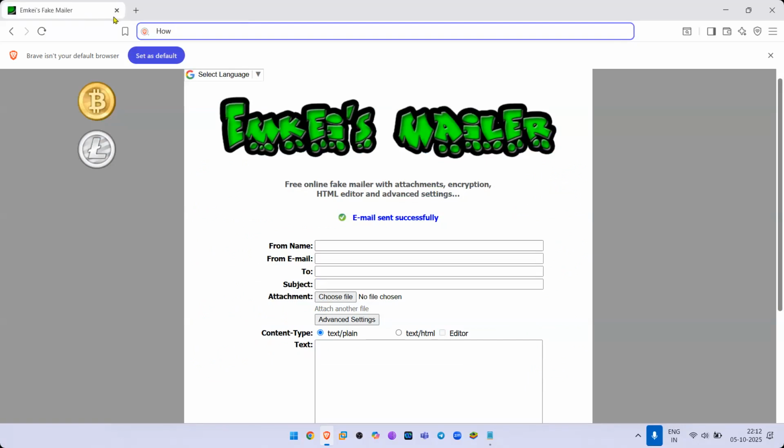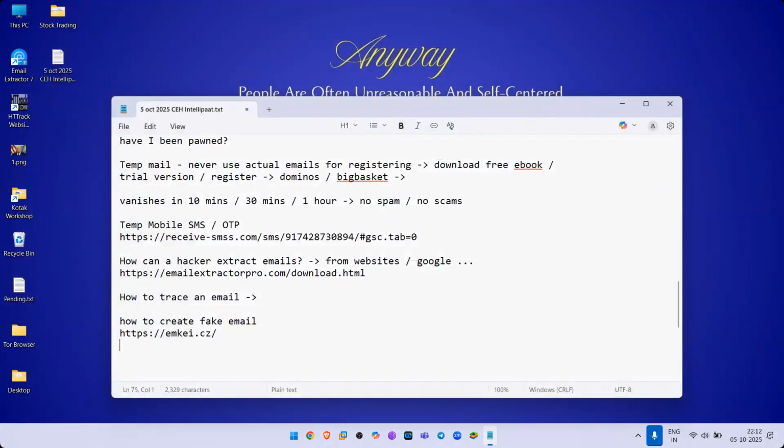All right, now with that done, let's move on to the next thing. See how superb this whole thing can be, right? You can trace the email and see whether that email is actually coming from Intellipat or not. I've already showed you that, so why get into that now?